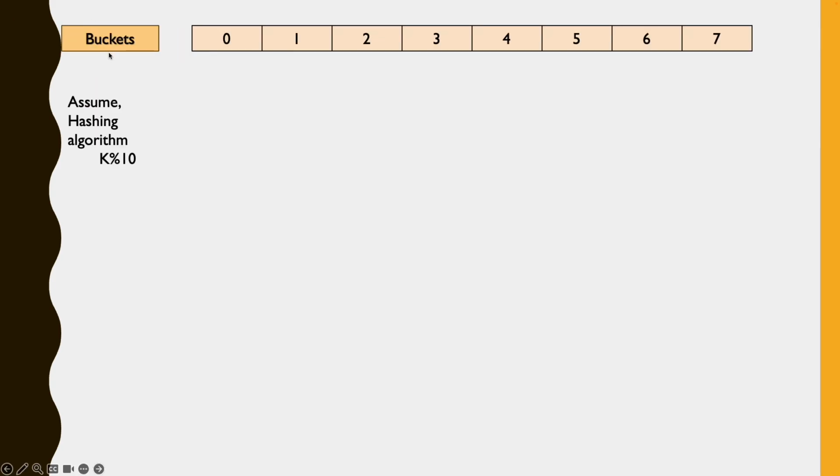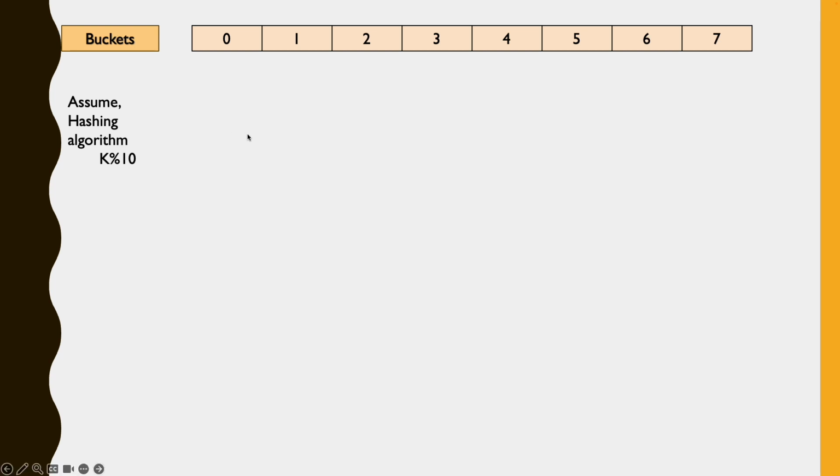Let's now recollect what a bucket is. The instances of the node class are stored in the array. Each index location in the array is treated as a bucket. For example, the 0th index is treated as a bucket. Let's assume the hashing algorithm as key % 10 in our example. So when a node object needs to be stored in a specified index, HashMap will check the index of the array. If the index is empty, or if there is no node present in the index,